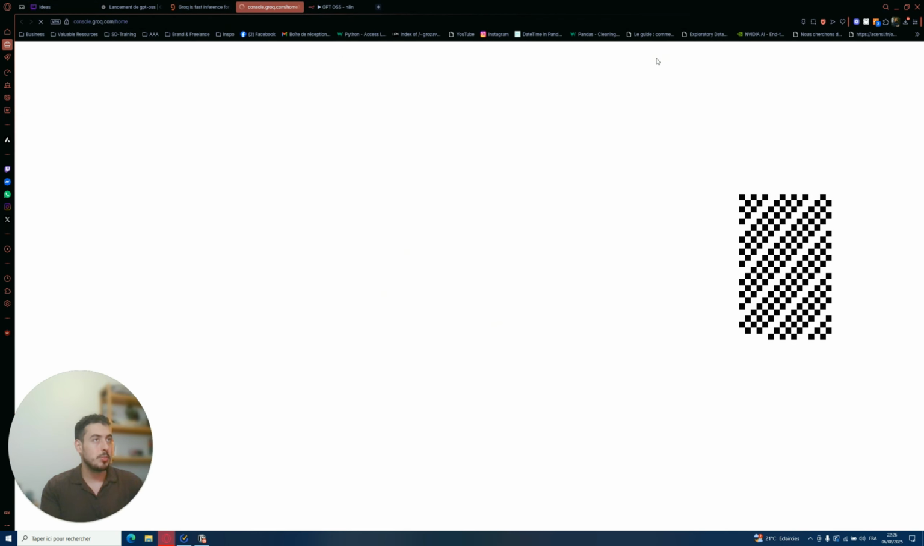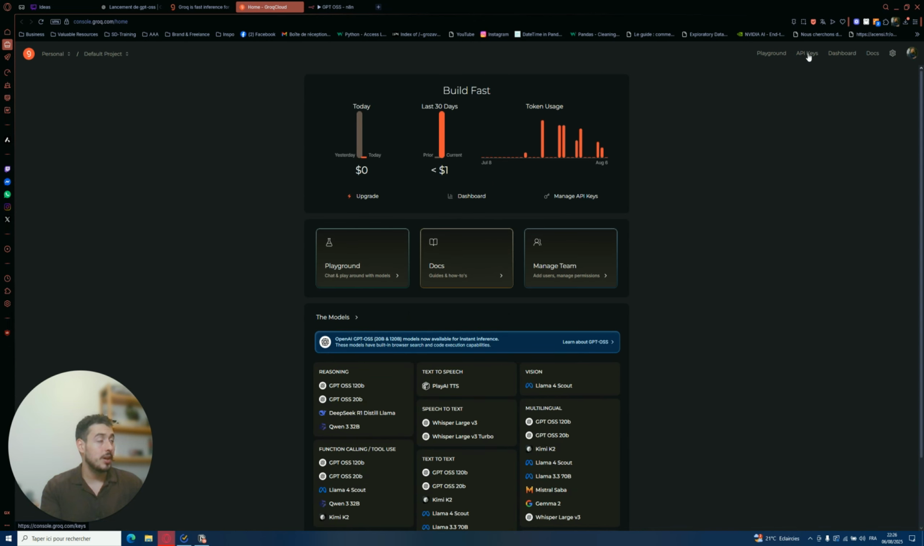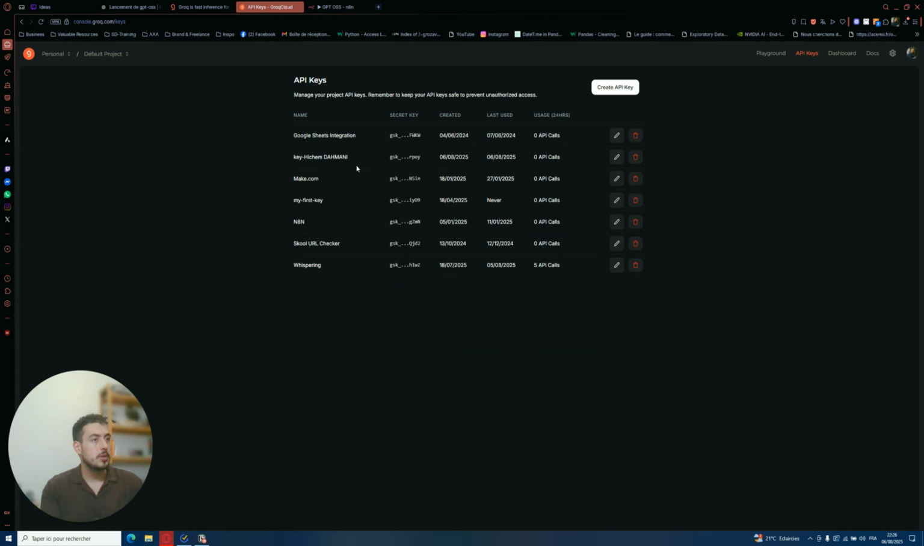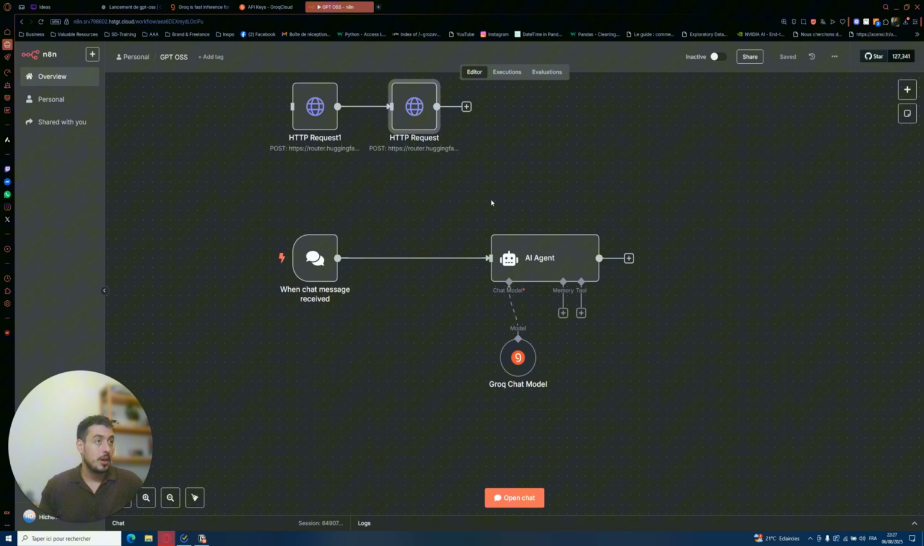So you click on Start Building, and you click on API keys. You select Create API key, and here I have my own API key, as you can see. I did finish setting it up, so you just click on it. You'll have a thing to copy, which starts with gsk, which is a secret key that you need to save somewhere safe. And what we're going to do is go to our workflow,